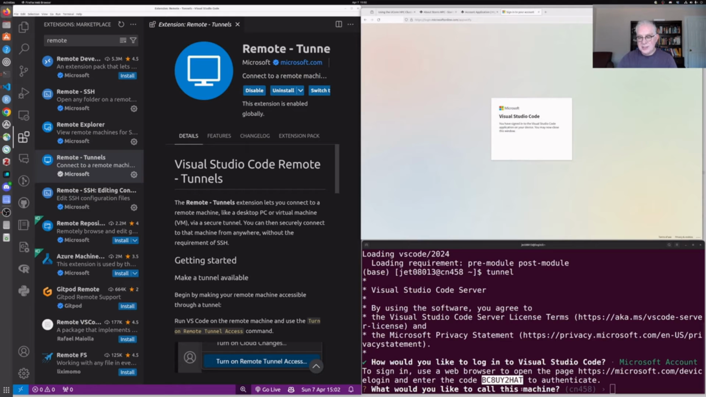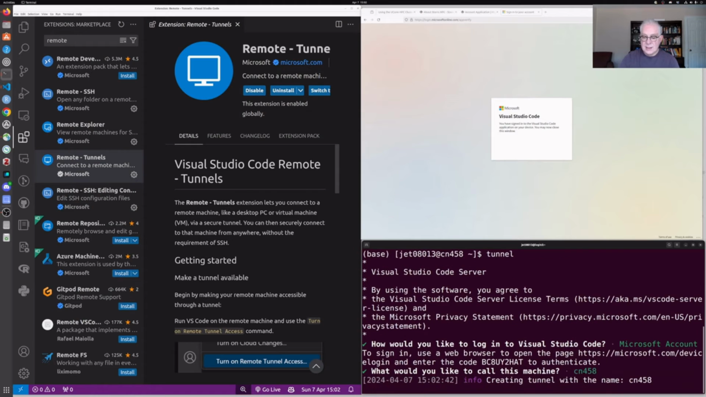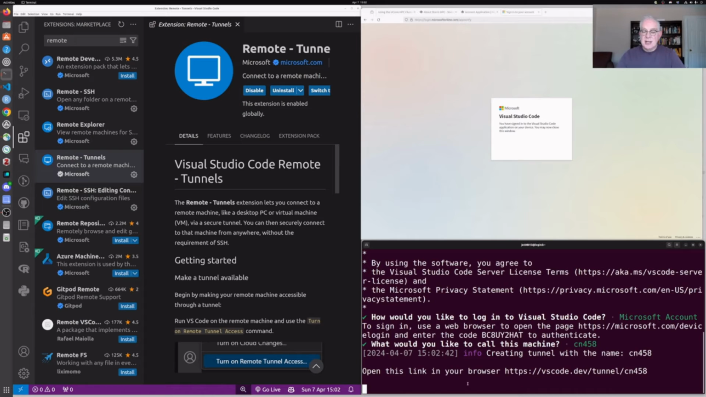So now for the moment, you are done with... we're not quite done. What would you like to call this machine? So the default is it will use the prompt name, which is CN458, and that's fine. We'll take the default. And now it says it's creating a tunnel with that name, and there's another pause,